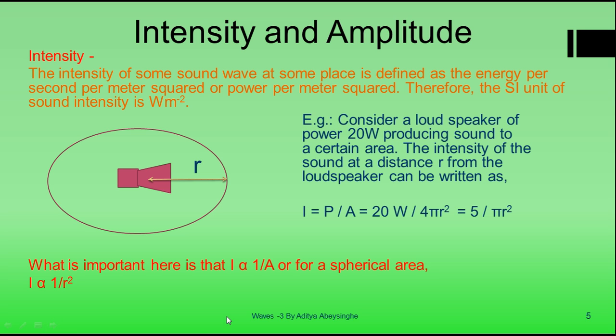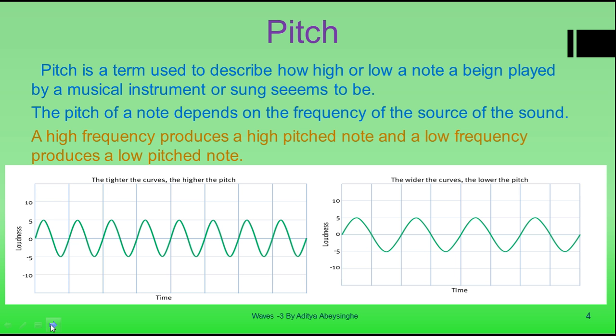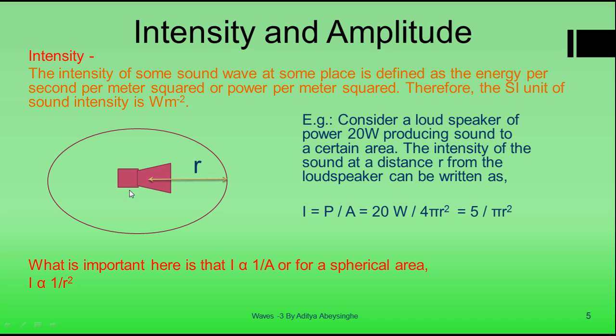So the intensity and the amplitude of such a source can be defined as follows. Now you know that if you have some loudspeaker, you can not only hear human speech, you can also hear the human pitch or the sound from a loudspeaker or any other source, not only in a linear path. It actually spreads throughout. So say here's the loudspeaker, or here is the person who is speaking. A person not only here, a person here, everywhere, he or she can hear the same